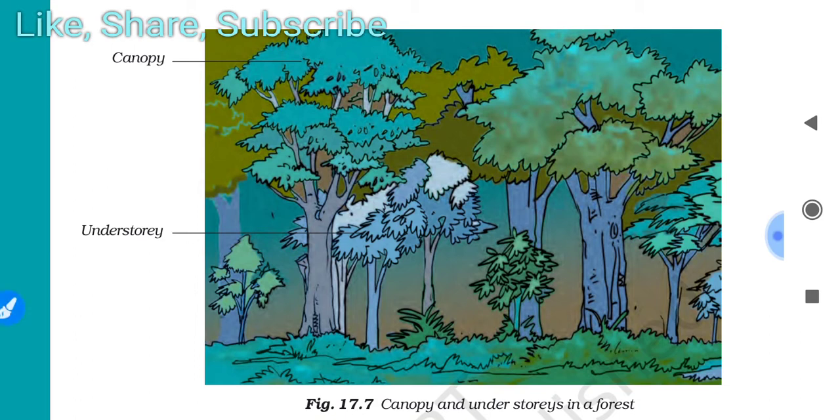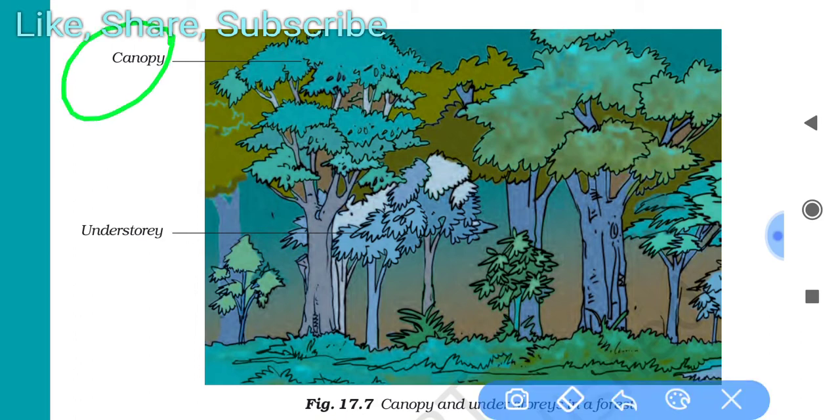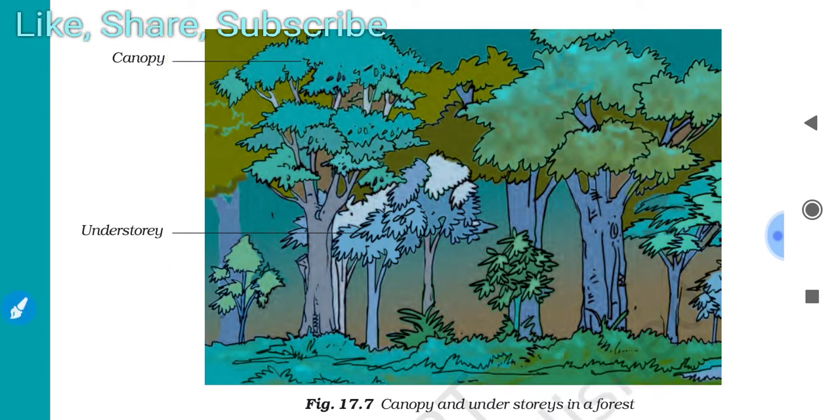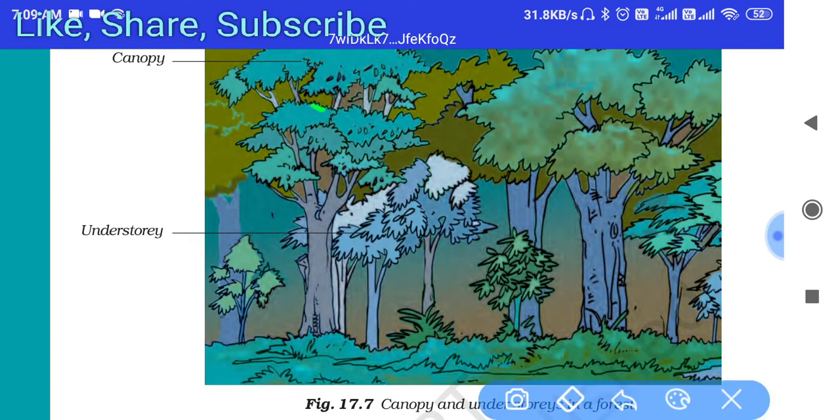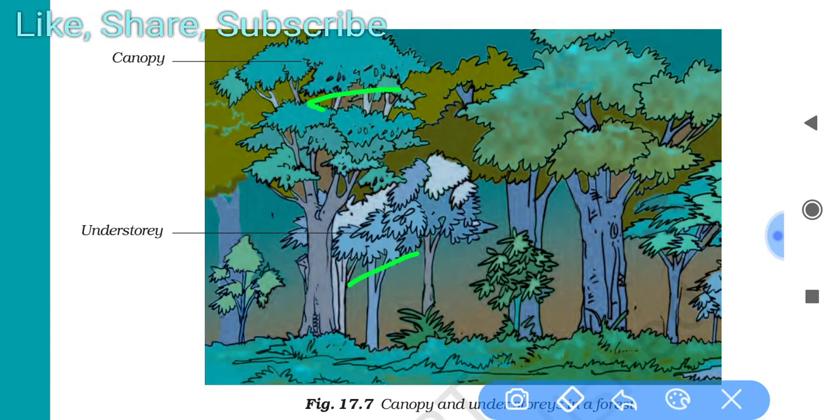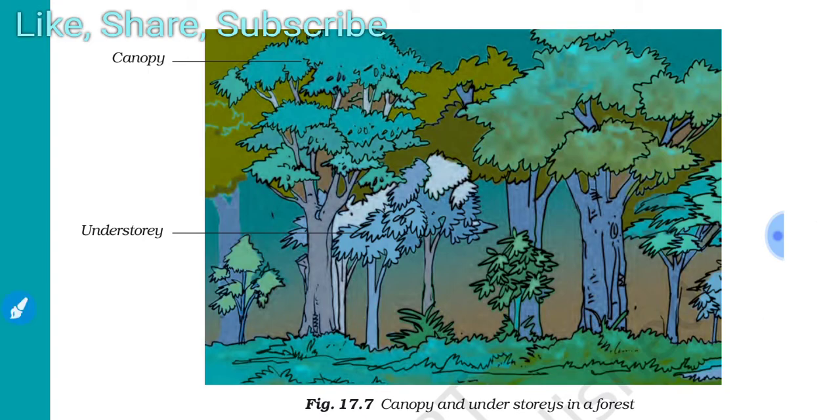So you can see this is the canopy structure given here. The uppermost part, which is like a roof, you can see here. And the understory, if you see, includes other plants which are just below it. It also included the tall trees and the small ones which are growing around other tall trees. Whatever is found here, shrubs, grasses, herbs, all of these are included in the understory.